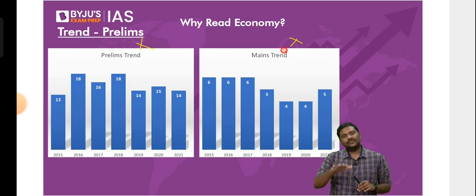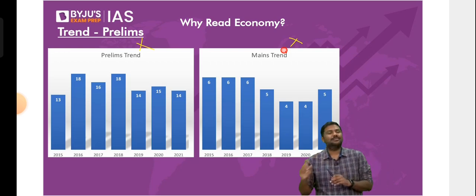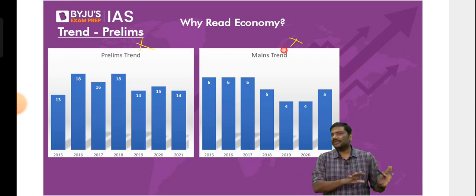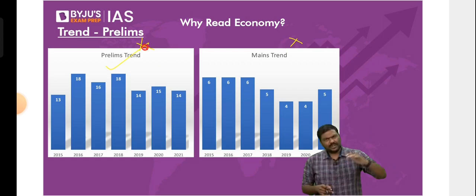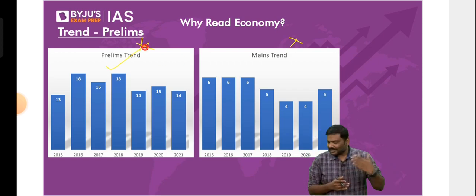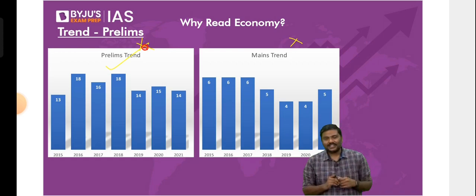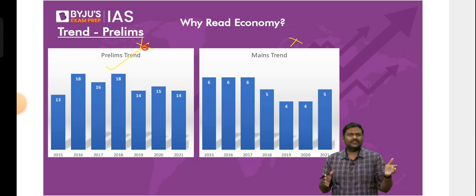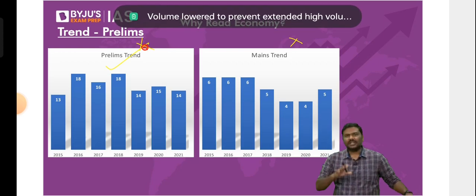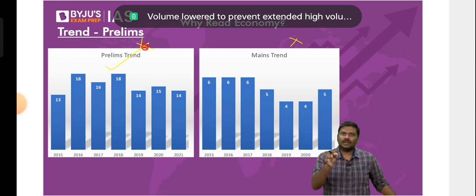Simple. On an average, around 15 to 16 questions every year will come in the UPSC civil services preliminary examination from Indian economy. You can see this particular trend. Is it fixed? No, it is not fixed. In 1 year, they might ask you 15 questions. In another year, 17 questions. In the third year, 13 questions. It will vary from one year to the next. But one thing is guaranteed: they are going to ask you a very good number of questions from Indian economy.